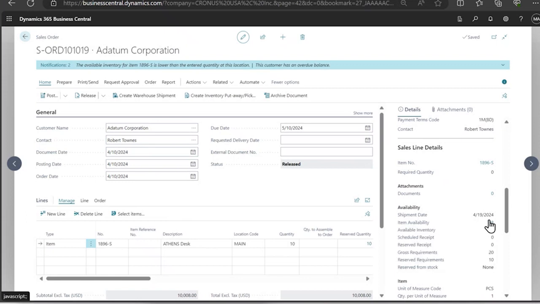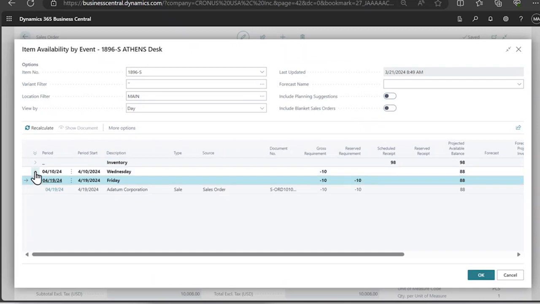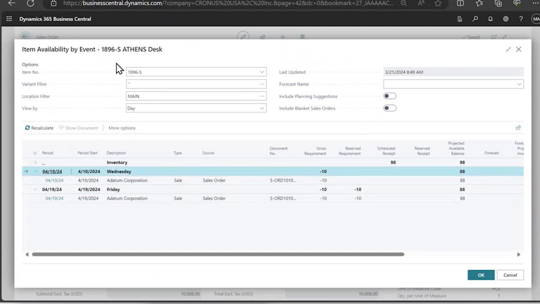I now have, after my reception, of course, these 88 units, and I want to take a look just to finalize this webinar for today, of the actual demand against the actual supply. I have already received these items. But anyway, the idea is that from our gross requirement that is coming from these sales orders, I have two